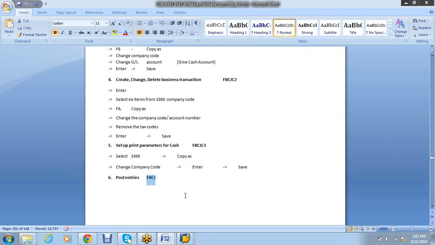Okay, FB01 was for the GL accounts portion. FB01 also I can use, FB02, FB50, and I can post to a cash account. We used to post salary account debited to bank account, correct? Yeah, I can post salary to bank account also, salary to cash account also. But we use FBCJ more